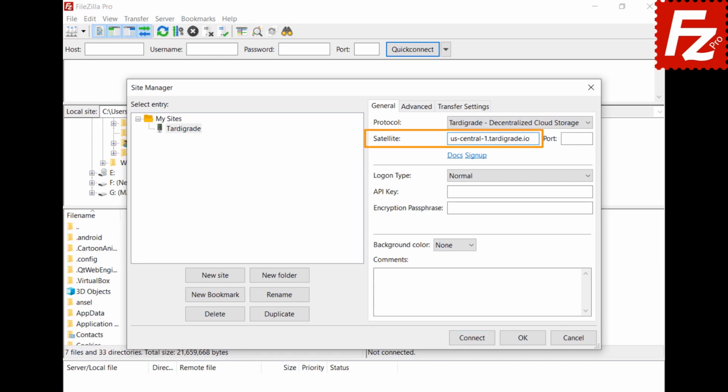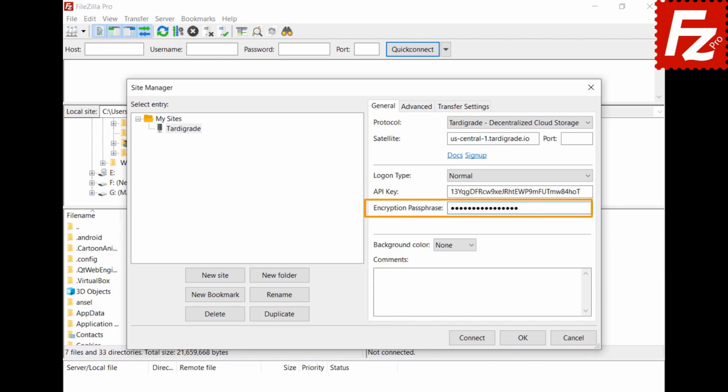Enter the satellite hostname. This should be the satellite you selected when signing up. You find the link in the description. Enter the API key. If you don't have a key, visit the tardigrade.io dashboard and choose the API Keys option to create one. Enter the passphrase that will be used to encrypt and decrypt your